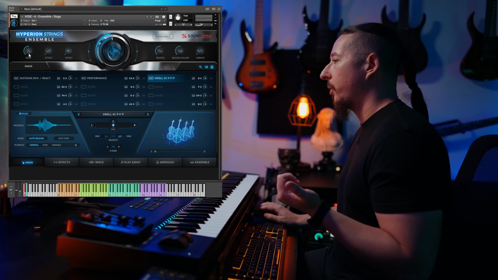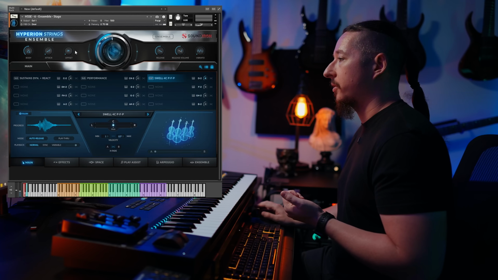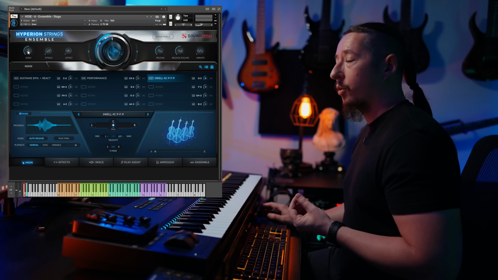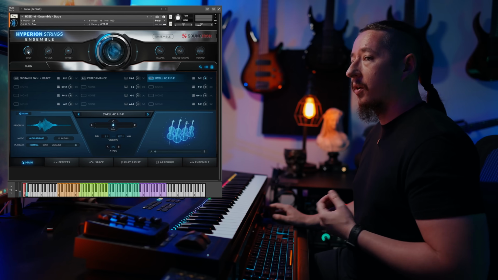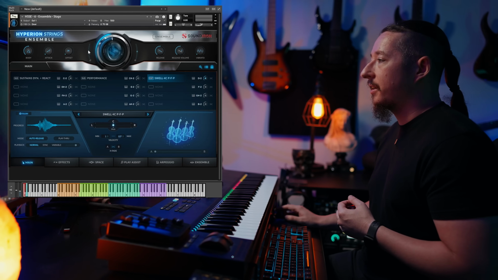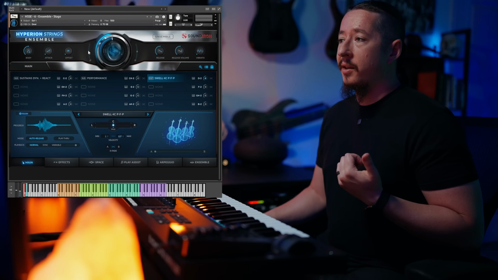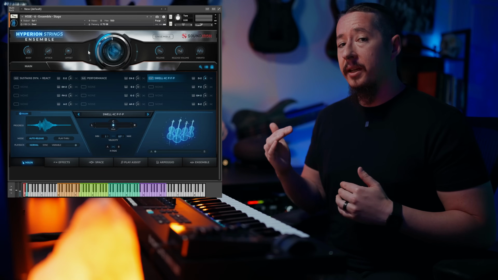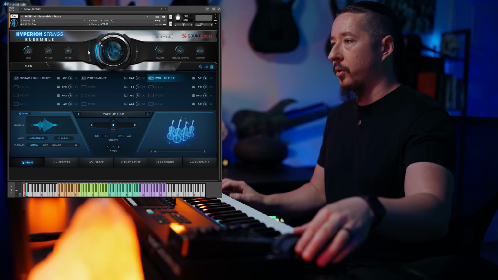So up here you have a few options as far as the body, so if you want to add a little bit more or take a little bit away, as far as the low end of the instrument. You have attack, offset, this niente slider right here, which is really cool. This really allows you to shape the beginning volume of the mod wheel. So if you have this